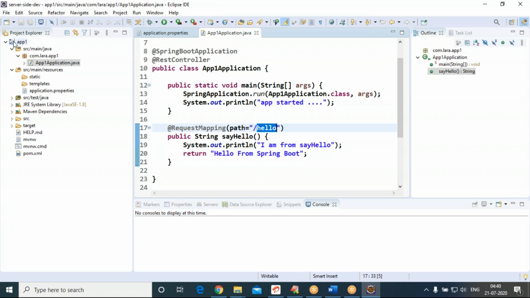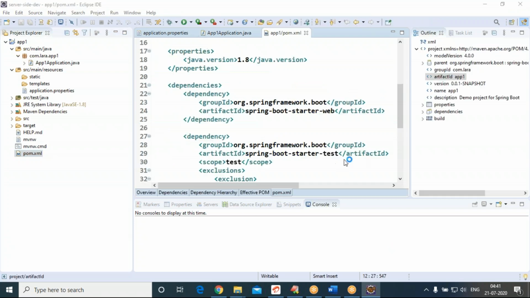Let us revise. In any project, there are three important files or places. First one, pom.xml. In the pom.xml, mainly we need to consider the Spring Boot version, the Java version, and all the dependencies, whatever dependencies are there.